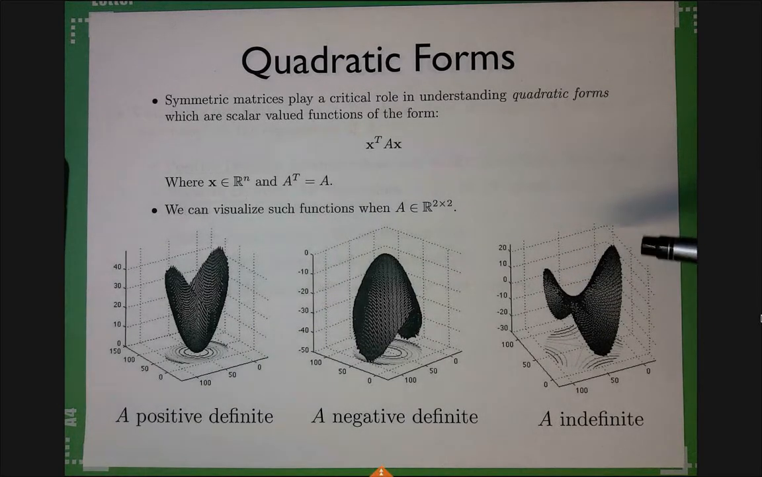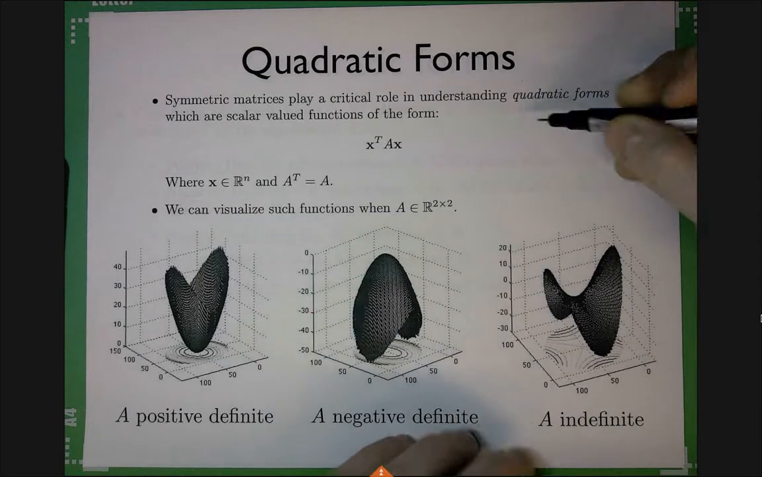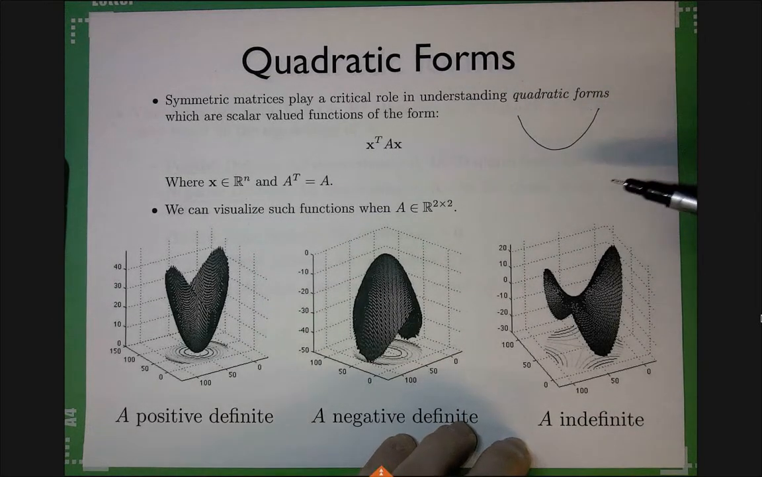The indefinite, what does it mean, being indefinite? It means I have some eigenvalues which are positive and some eigenvalues which are negative. So there will be eigenvectors corresponding to these eigenvalues, right? And they will actually be orthogonal in the case of symmetric matrices. So in the direction of the eigenvector corresponding to the positive eigenvalue, I will have something convex like this. And in the direction of the other eigenvector corresponding to the negative eigenvalue, I will have something